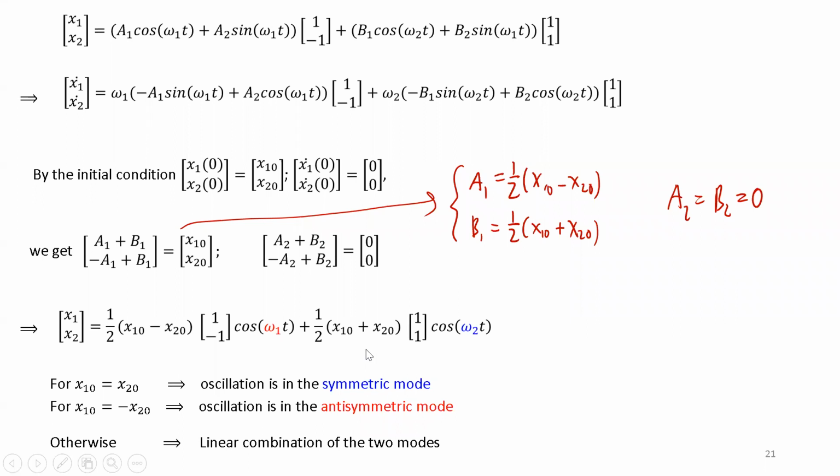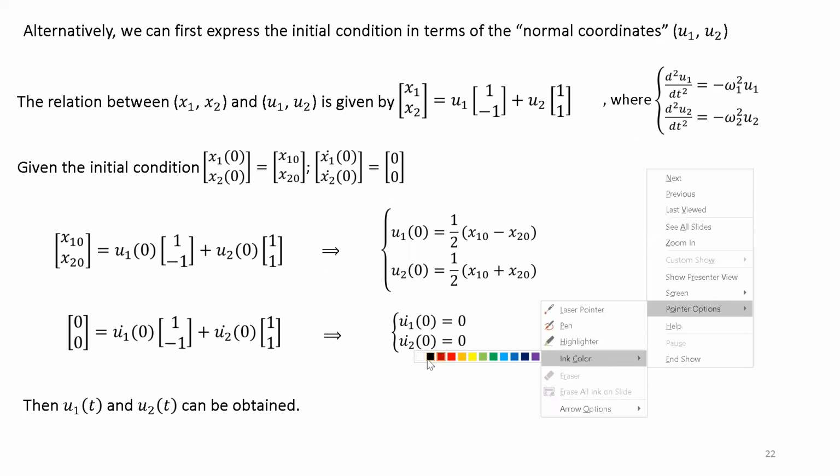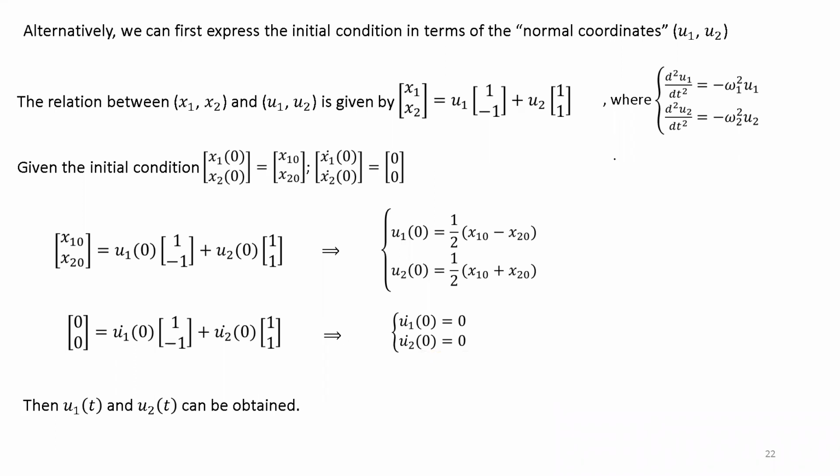Alternatively, a slightly different way to look at the problem is that I can express everything in these so-called normal coordinates, as I said. In this case, as I already mentioned, x1 and x2 are related to u1 and u2 like this. So now you get u1 and u2 governed by these two differential equations, and in general,